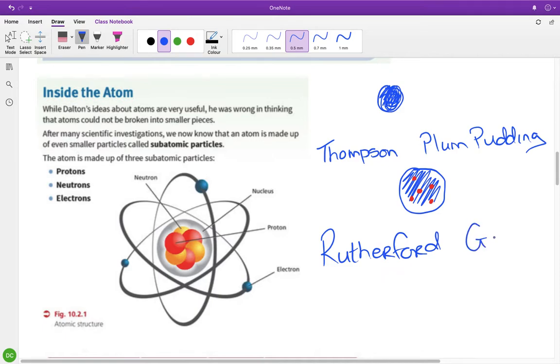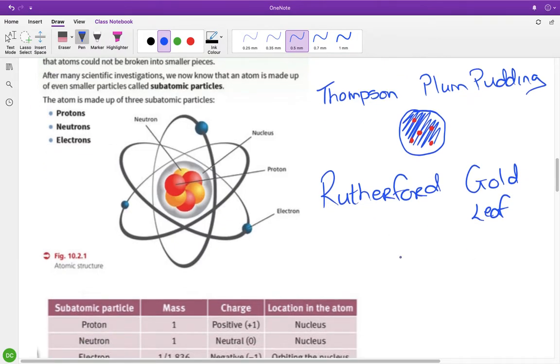and he did a very famous experiment called the gold leaf experiment. And basically what he discovered was that with Thomson, he thought this whole thing here was positive, and then these little negative plums, I'm using inverted commas here, negative plums, were stuck into the positive. What Rutherford discovered was that actually the positive charge was centered in one place, like this, and the electrons were all